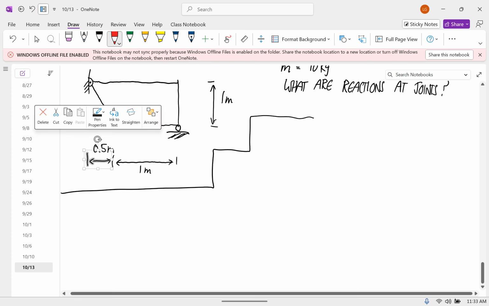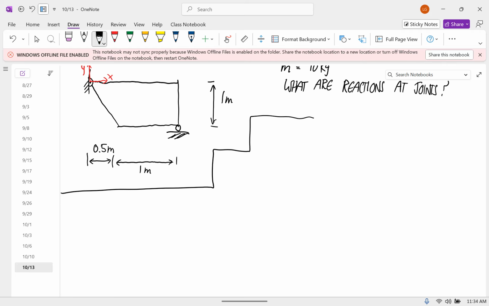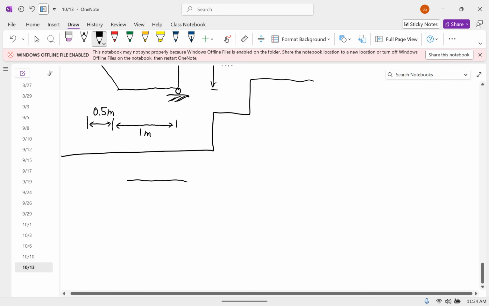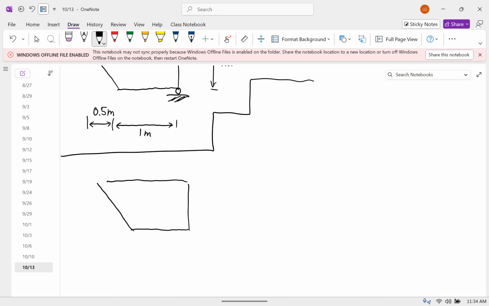So I'm going to use a coordinate system here. And I'm going to break it up into these shapes where this is 1 and this is 2. There's my coordinate system. So for body 1,